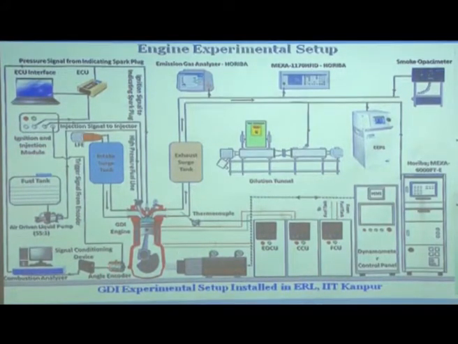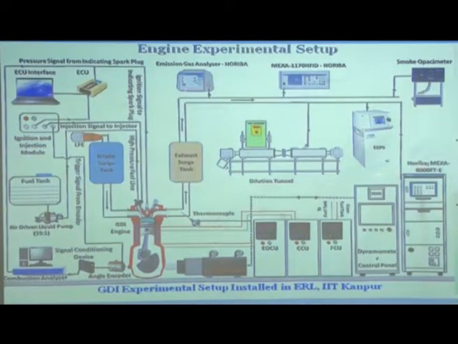The power generated by the engine is absorbed by dynamometer and it converts into AC current and then it feeds it back into the grid, right. So, this is basically the engine oil conditioning unit, coolant conditioning unit, fuel conditioning unit. Basically, in order to control the engine, you have to maintain the fuel temperature, oil temperature, coolant temperature. So, these are the units. This is the control panel for the dynamometer control and here you see the exhaust goes out.